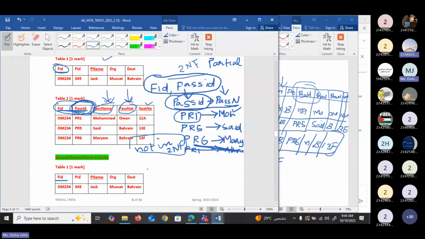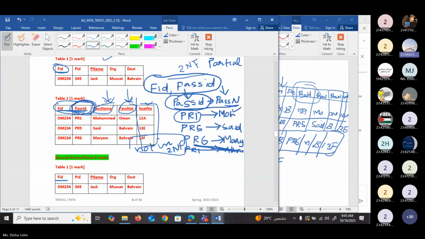So just as a conclusion, they mention when it depends on both of them. But if they did not mention, that means it's partial. If they did not mention in the question that it depends on both of the primary key, this means that it's partial. It is mentioned that seat number is depending on both the flight ID and passenger ID, so no need to check for this column. But we have to check for the passenger name column and the passenger nationality column. So we already checked the passenger name and we found that passenger name is depending on passenger ID, which means that passenger name is depending on a part of the primary key.